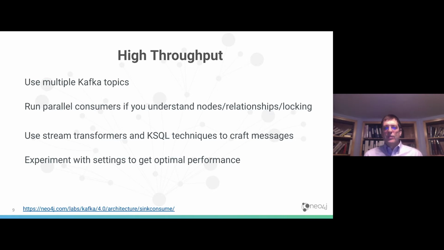We'll want to use some stream transformers and KSQL techniques to craft the messages. So keep them simple. Don't overload that topic with extraneous data, extra properties that never make it into the database. Keep the messages clean. And then finally, let's experiment with some settings to get optimal performance. There are different settings within Neo4j and within Kafka on the batch size, the amount of data that you pull, the number of bytes, the retries. So you'll want to experiment with those settings with your data and your hardware to get the